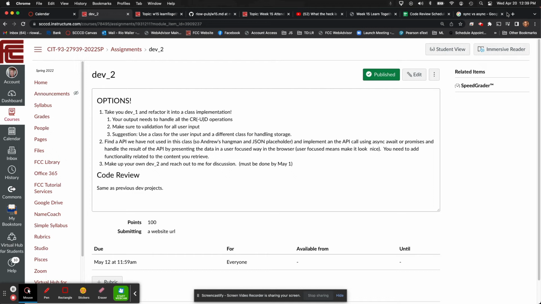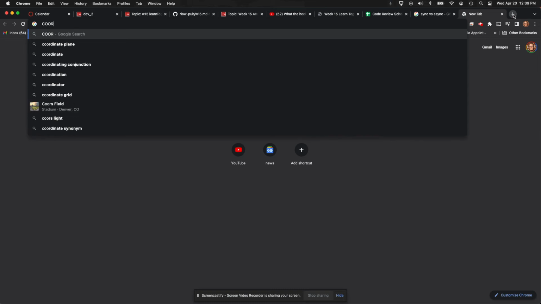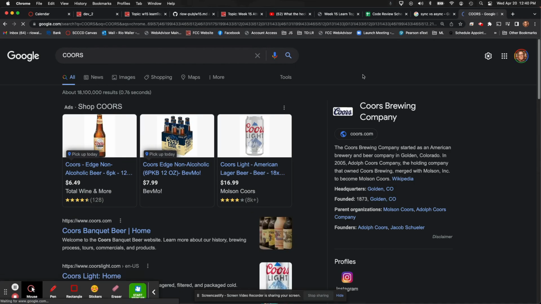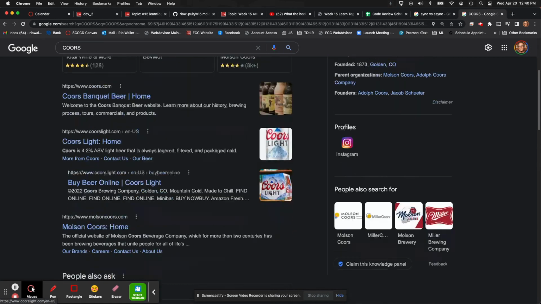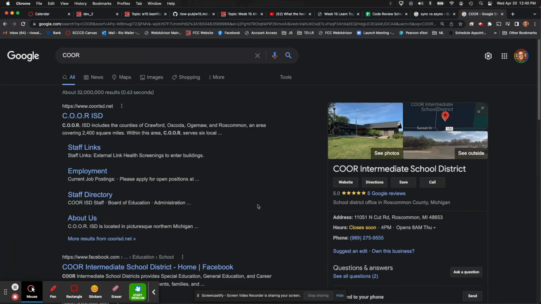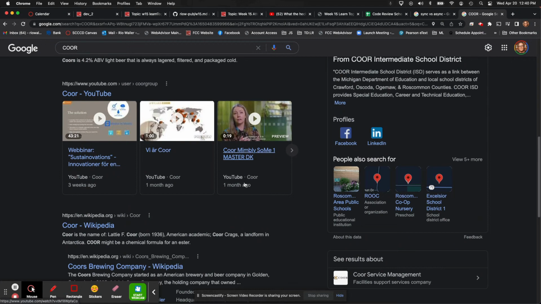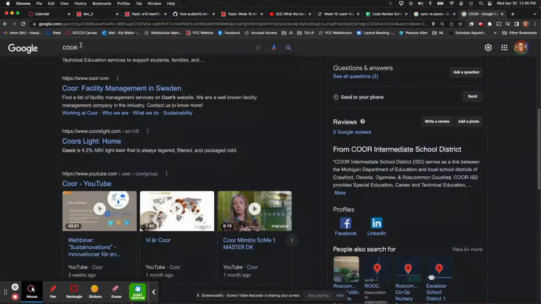And there's something called CORS, cross-origin, not the beer. It's called cross-origin resource sharing, I think, and I'm not spelling it right.